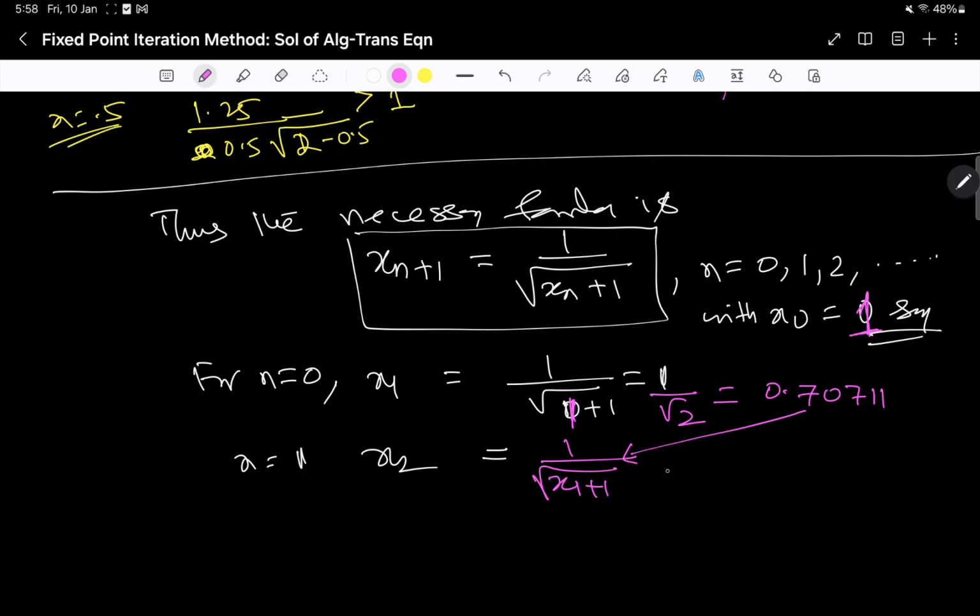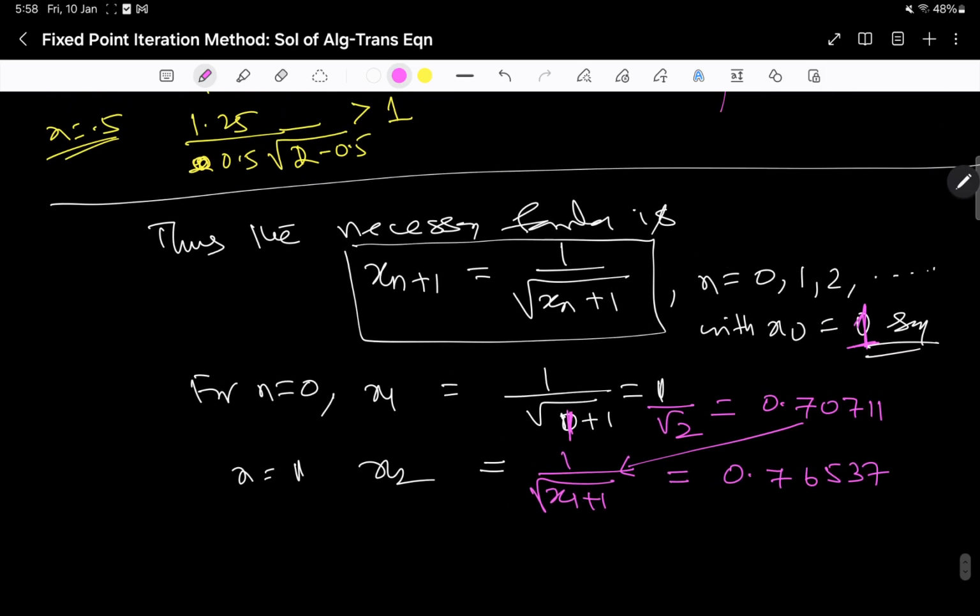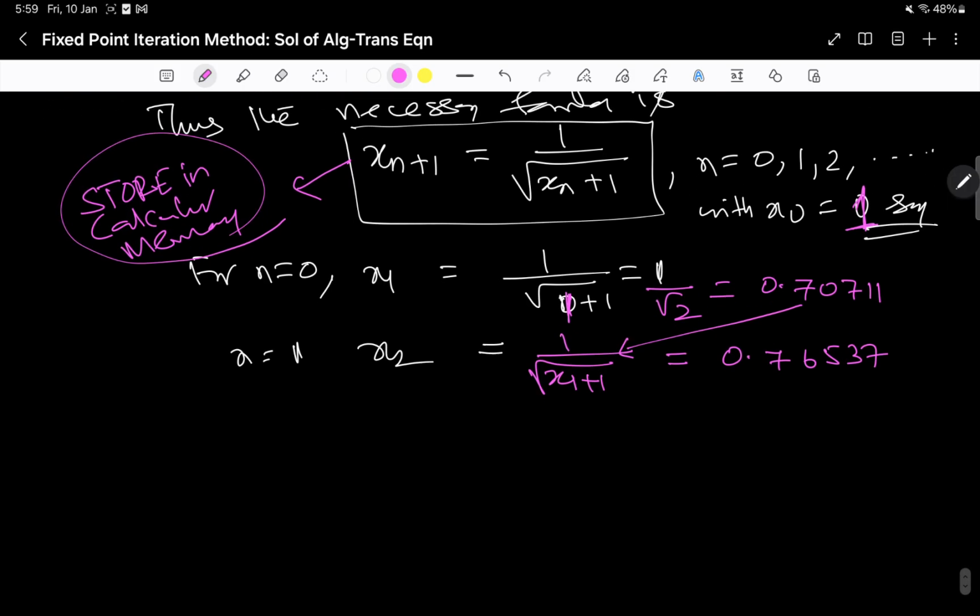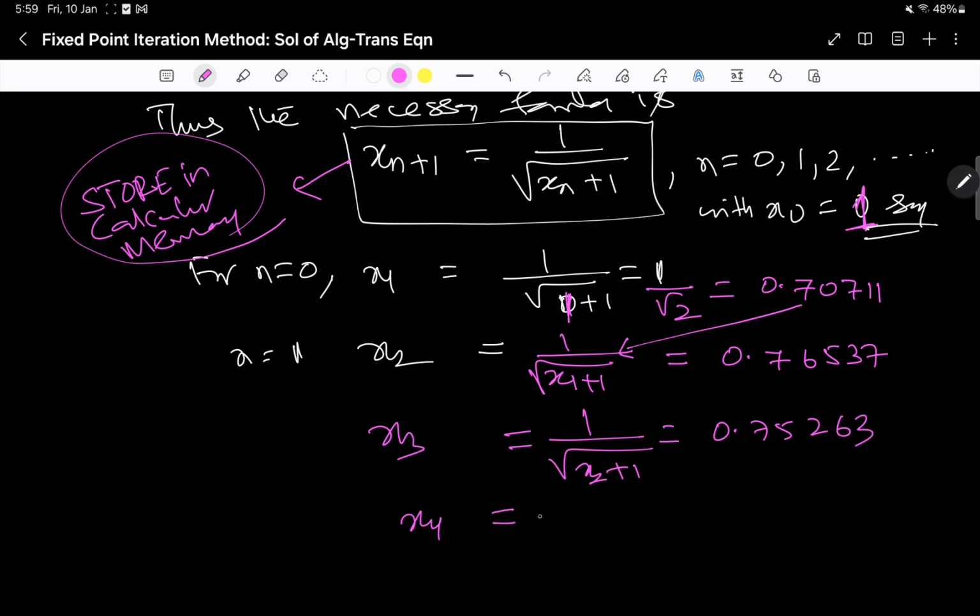Substituting x1 here and simplifying, I am getting 0.76537. Now you have to do one thing. You should store it in the memory of the calculator, right? For easy calculation, store in calculator memory, and just go on replacing the value. Then your x3 will be 1 by root over of x2 plus 1. If you simplify it, it will be 0.75263. And similarly your x4 will be